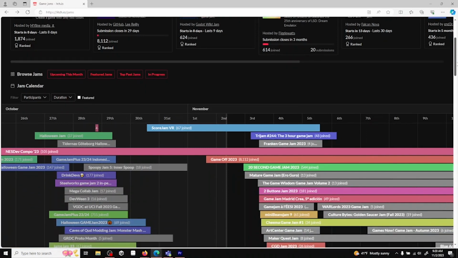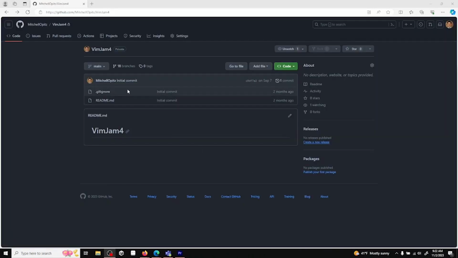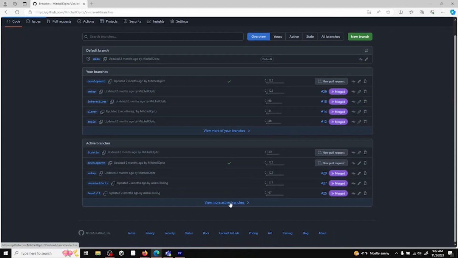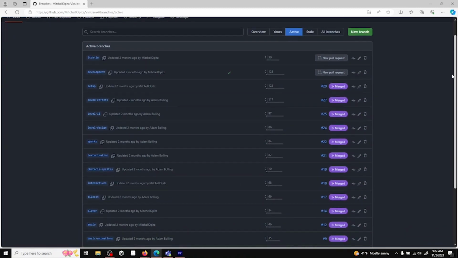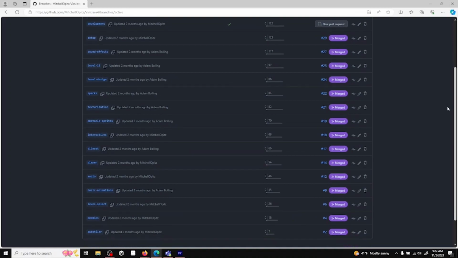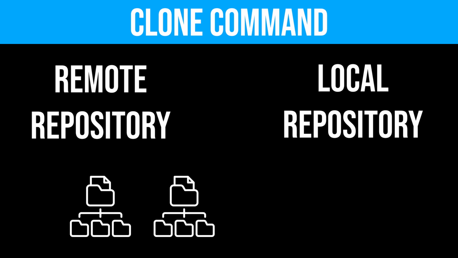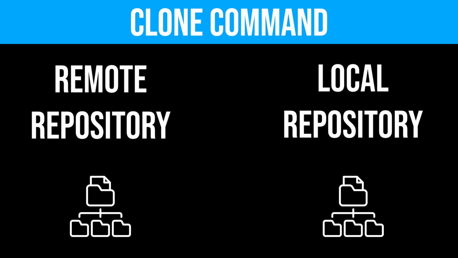Imagine you've discovered a fantastic game jam, and you've been invited to collaborate with a team of talented developers. But they've already begun work on the game and have the repository set up. How do you get a copy of their work? For this, we want to use Git's clone command. This creates a copy of the entire remote repository, all of its history, and transfers it over to your local